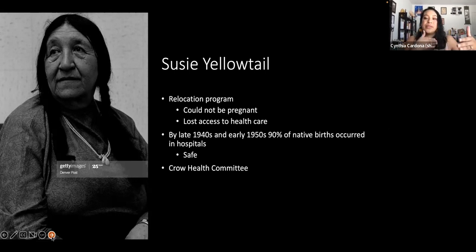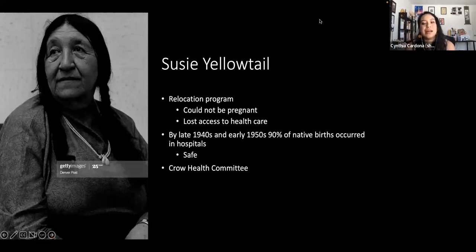People like Susie Yellowtail would try to bridge that gap, right? She would often be there when Crow people were giving birth, and she would try to make sure that enough of the rituals that were important to the Crow could be practiced there. So, for example, you should allow more people in the room if that's what the mother wants. With her there, some of those things were possible. It still didn't stop the